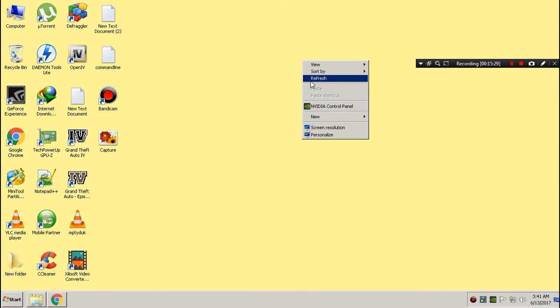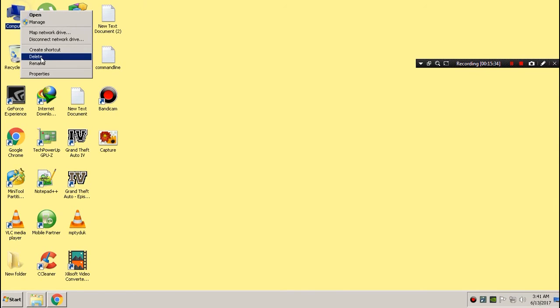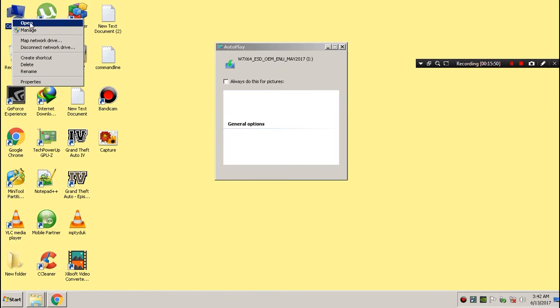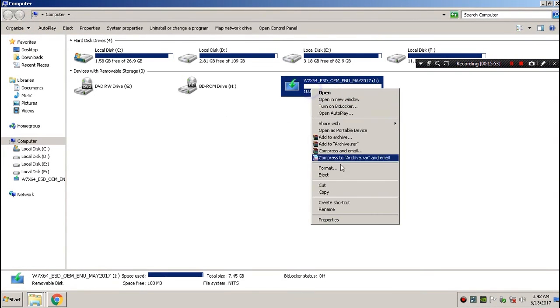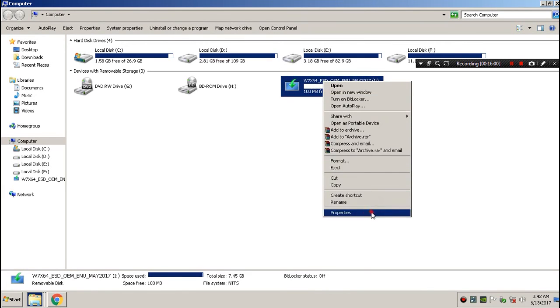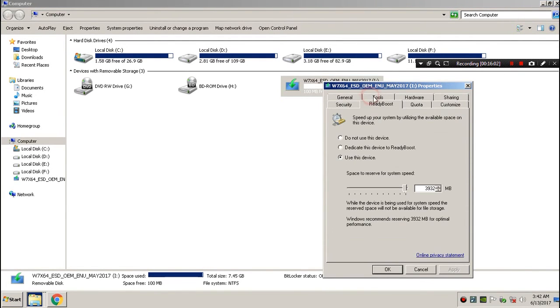And if possible, you can insert a pen drive on your PC. So yeah, you can insert any pen drive on your PC like this. I have inserted a pen drive on my PC. Here you have to go to your pen drive's properties, and you have to click on ReadyBoost,